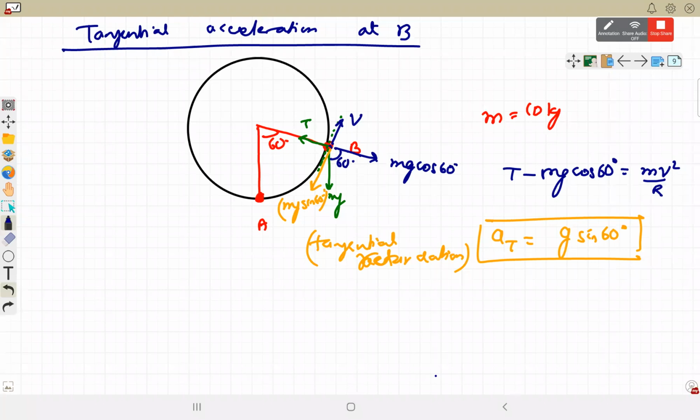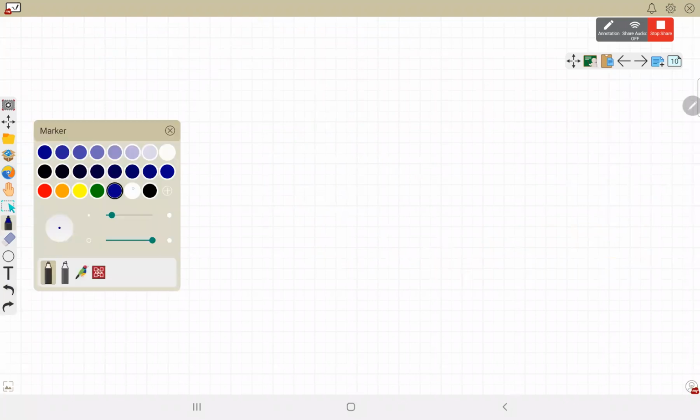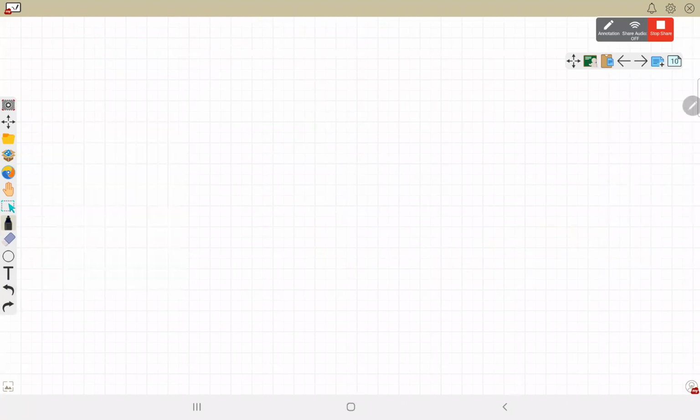Right. Okay. So next is collisions. Collision is a phenomenon in which two bodies interact for a short period of time, but they change their momentum suddenly. The momentum of the system remains the same, but each and every particle's motion will be slightly changed or disturbed.